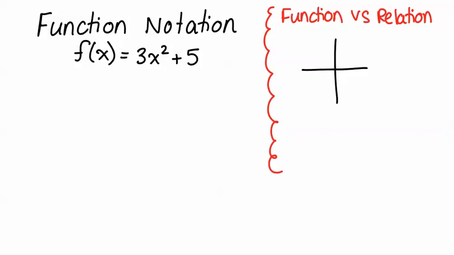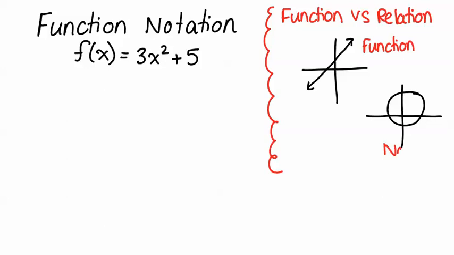let's take a graph for example. Let's do a straight line versus a circle. What we noticed in grade 11 was we could call this straight line a function, but this circle is not a function, so it's just a relation. And the way we can tell is that for every input, so for every x value that we see here, so when x is 1, 2, 3, -1, -2, -3, any value of x